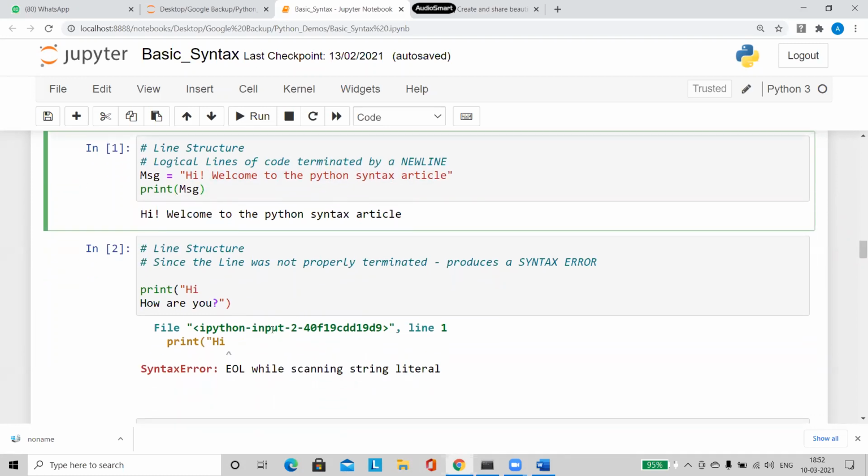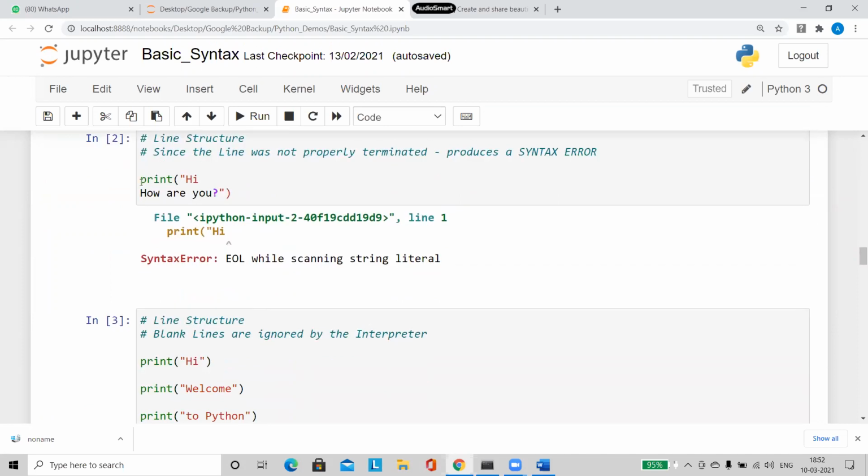See, for this program what I have written, I am saying print. I started "hi", and then I am going to the next line and printing "how are you". Then I am closing the double quotes and closing the print statement. When I try to run this, it is going to create a syntax error, because it is the wrong way of writing our program.